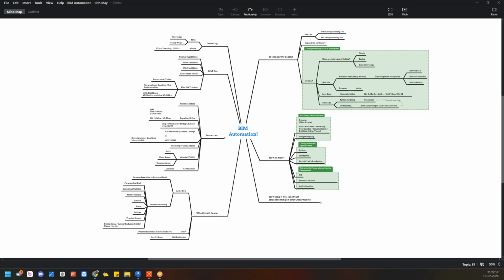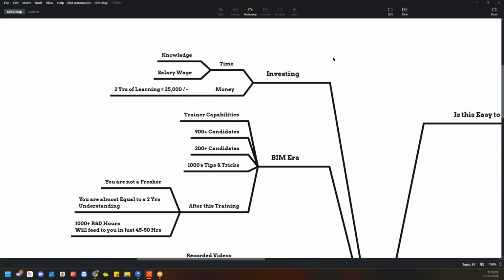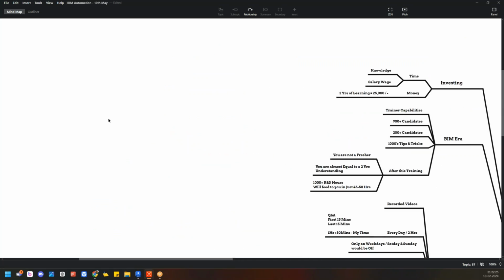Does automation have more scope than modeling? For example, we have recently placed a candidate who has 2 years of experience in automation. Generally, if you have 2 years of experience, what would be the salary range for a modeler? To be frank, tell me. We just open our minds here. Nothing to hide. If any 2-year modeler is here, you can answer. If you are a 2-year experienced modeler,